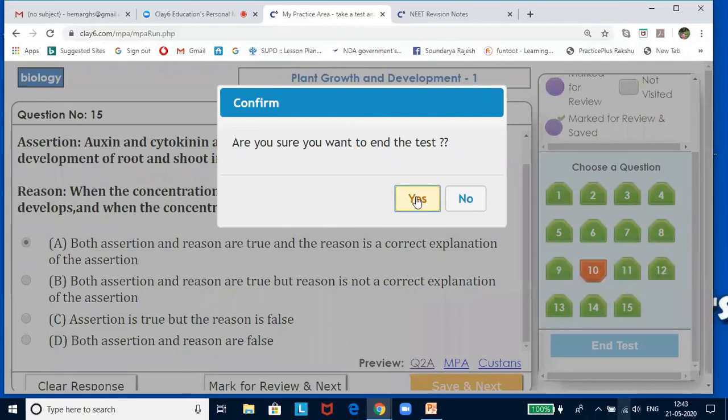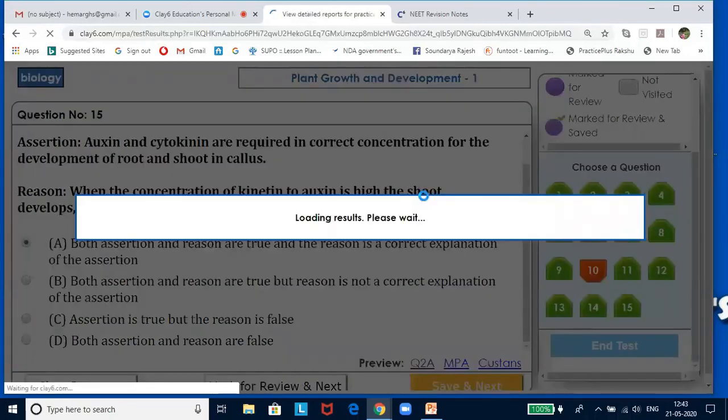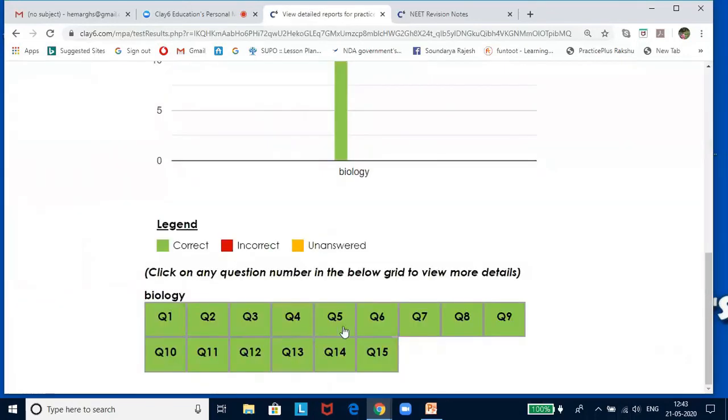It is better, children, to avoid doing incorrect ones, because if you answer incorrectly, it is going to be subtracted from the total marks you have scored. That is deducted from the number of correct answers you have answered. So since it is negative marking, it is always better to be careful. Now with this, we have come to the end of today's class.